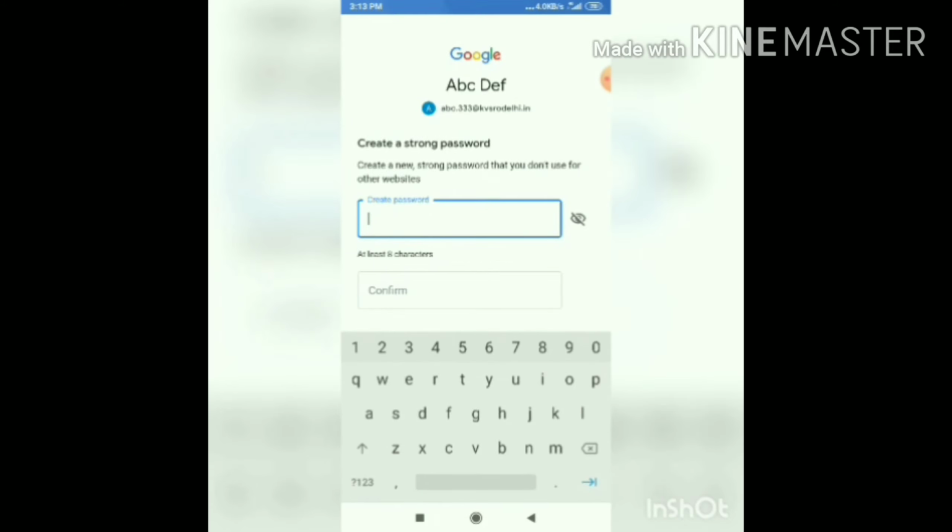Then it will prompt me to enter a strong password for this ID. Now I will change my password. I will enter AB.